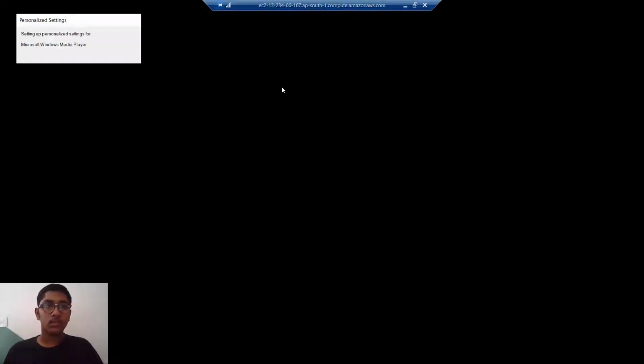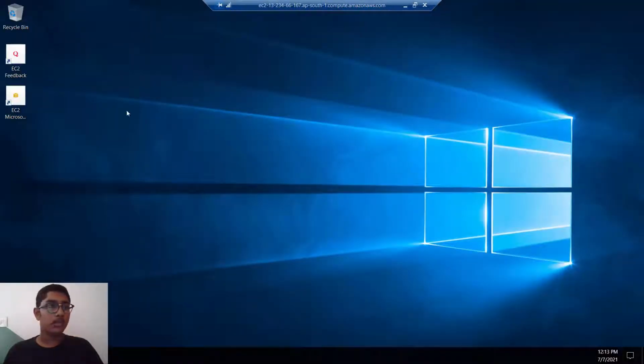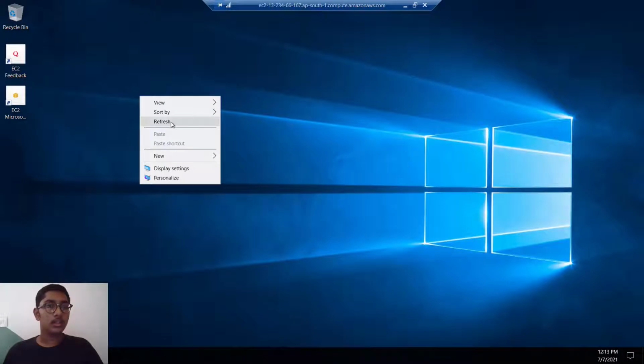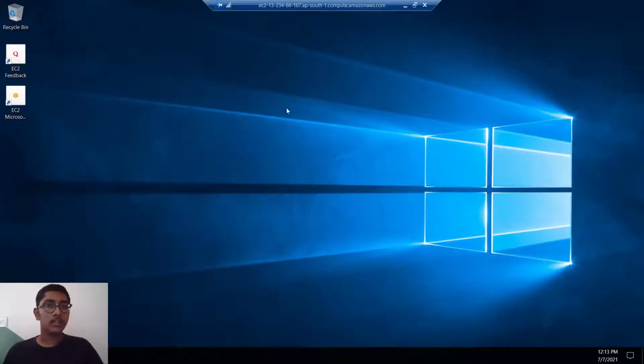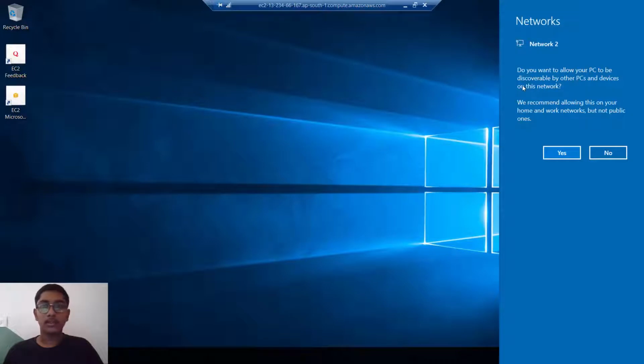It's loading. It is personalizing the settings for us. We have successfully created a virtual EC2 instance using the Windows AMI.